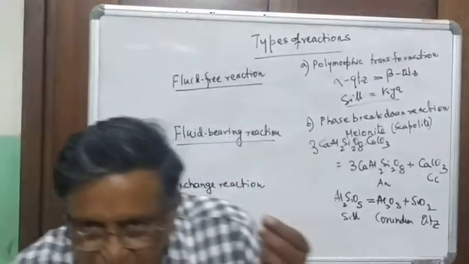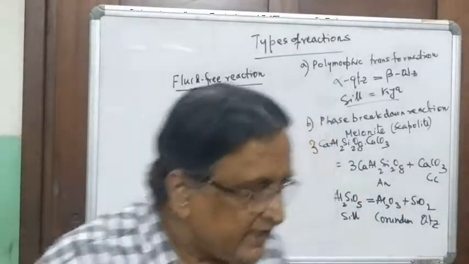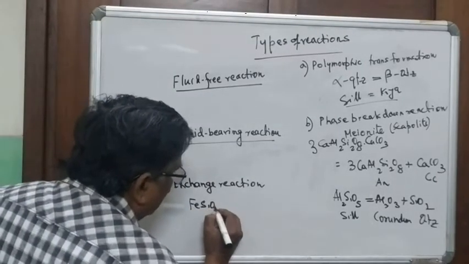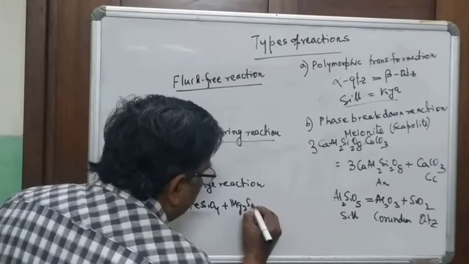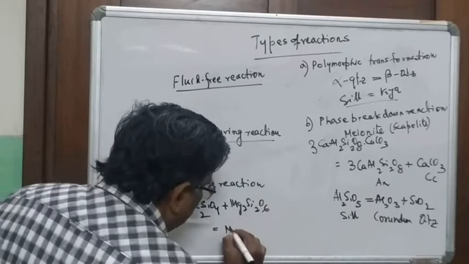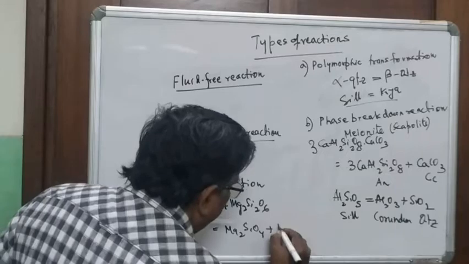Only the phase components in the reaction are different. Say, for example, Fe2SiO4 plus Mg2Si2O6 is equal to Mg2SiO4 plus